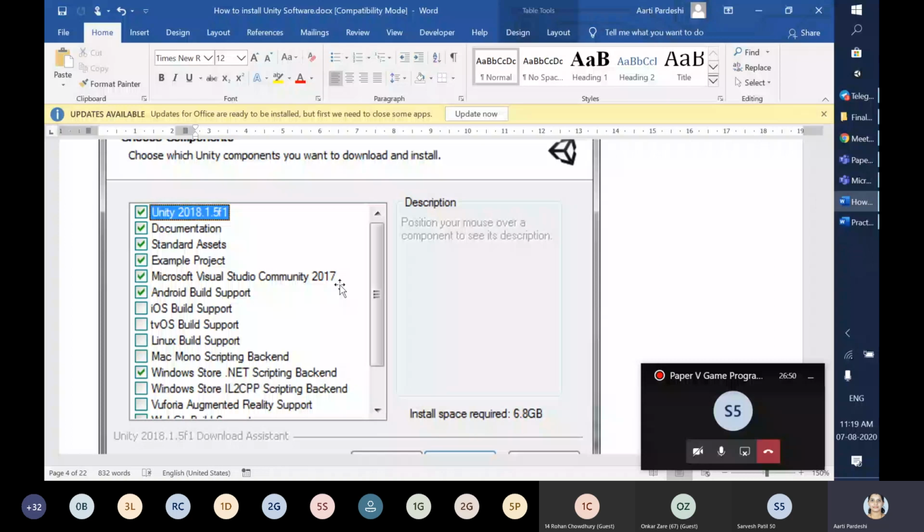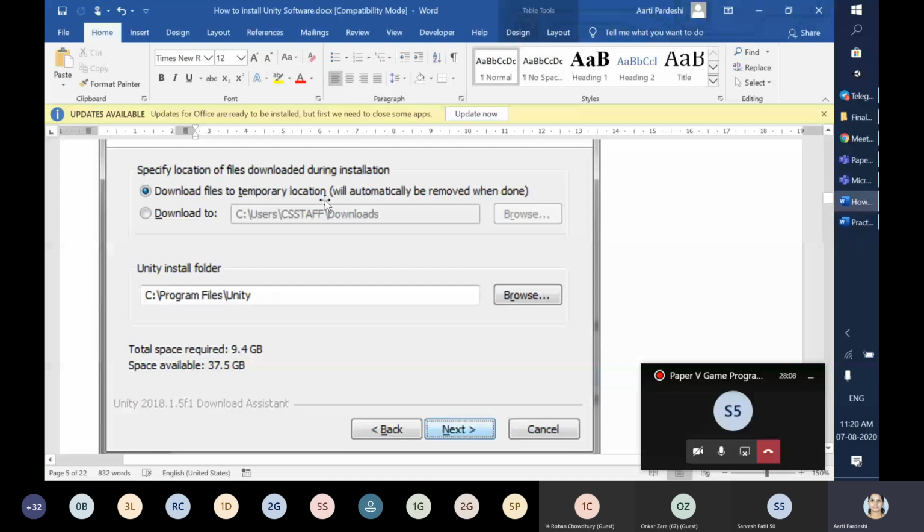So even if you haven't downloaded the files, download the files to a temporary location. The other option is download to. Now by default, as I have run it and taken the screenshot, that's why I have kept it like that, download the files to a temporary location. But I will suggest that you choose the second option, download to. If you click on this option, you will get the whole package, meaning the Android package, web package, OpenGL package, which you're going to require later.